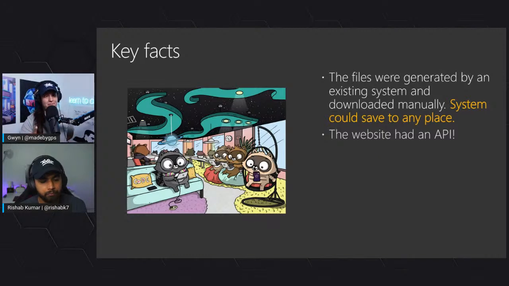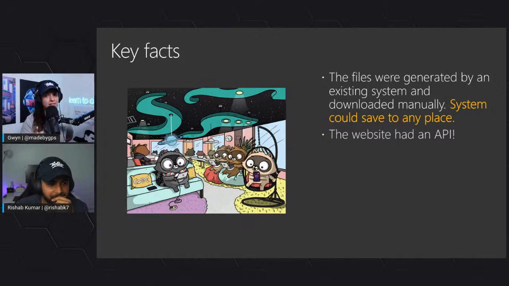A very, very important part is that the website where we were uploading these files had an API. If you are a developer or do any engineering work, you know APIs are important when it comes to automating and having systems communicate with each other. If it didn't have an API, we were probably looking at using that technology you can use to automate clicks in a website. I can't remember what it's called. Oh, yeah, there is something. It's basically, you can crawl. Something like that, but it would have made this process a lot more difficult.